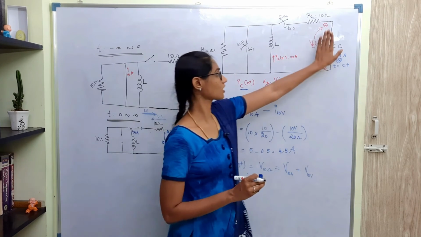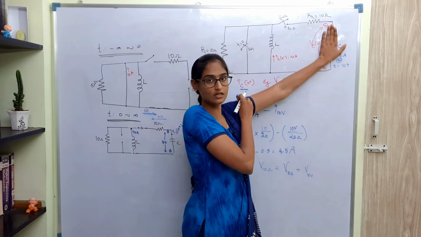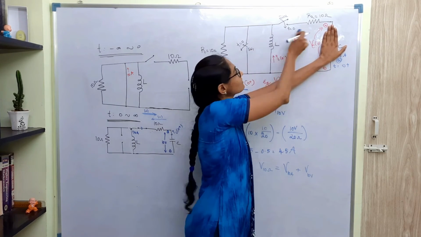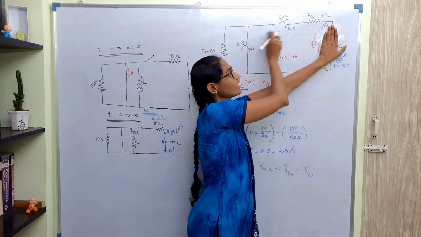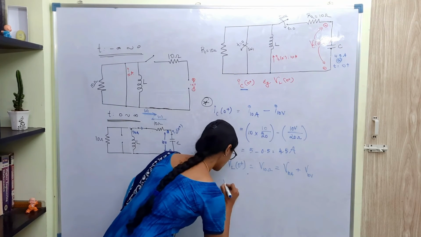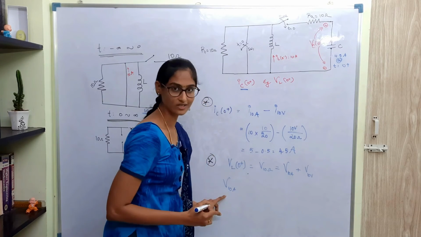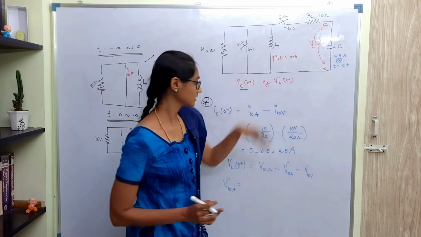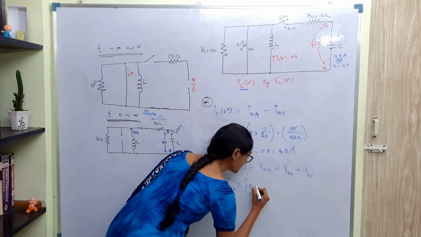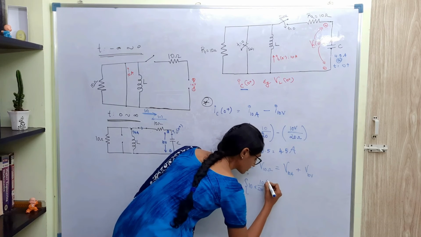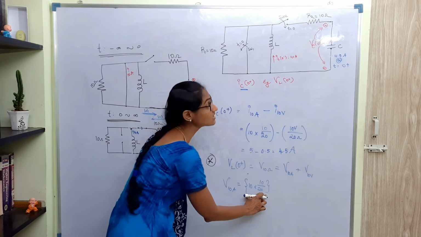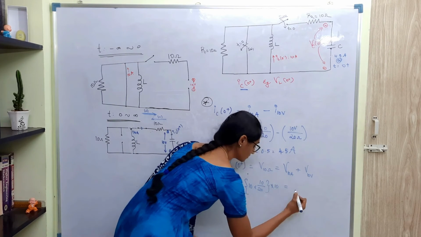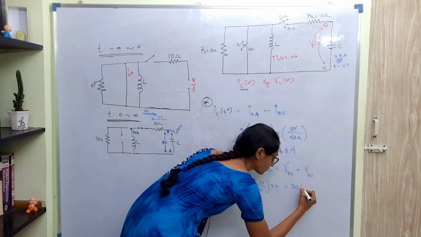So when you are considering only this inductor to be active at that point, 10 ampere will be supplied to this 10 ohm as well as this 10 ohm. So it will be getting a share of 5 ampere each. So the voltage contributed by 10 ampere, that is what is V10A, that is my representation here. This is the current that is passing through 10 ohm. This current will be total current into other resistor divided by sum of two resistors. What is voltage? Current multiplied by resistance, which will be 5 into 10, 50 volt.